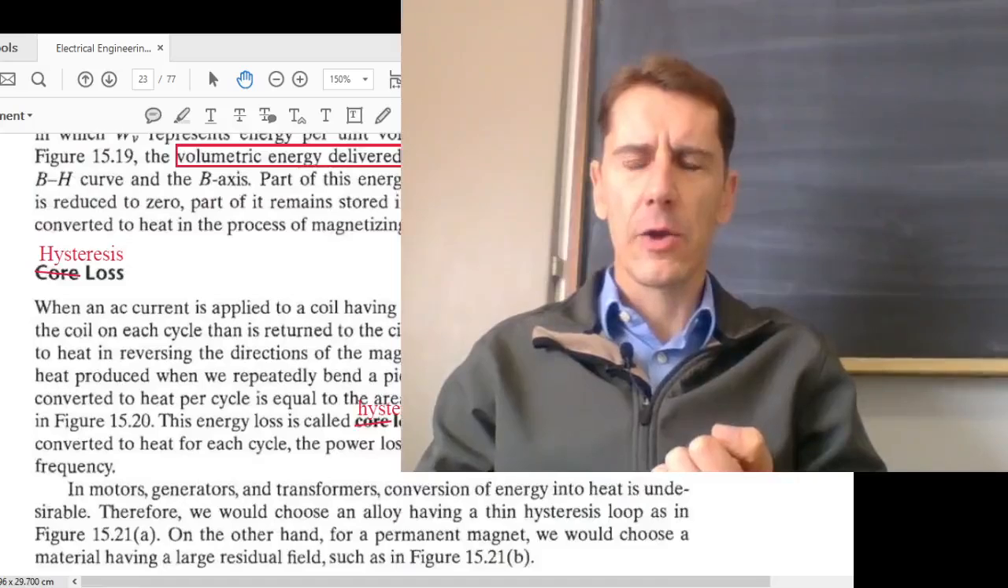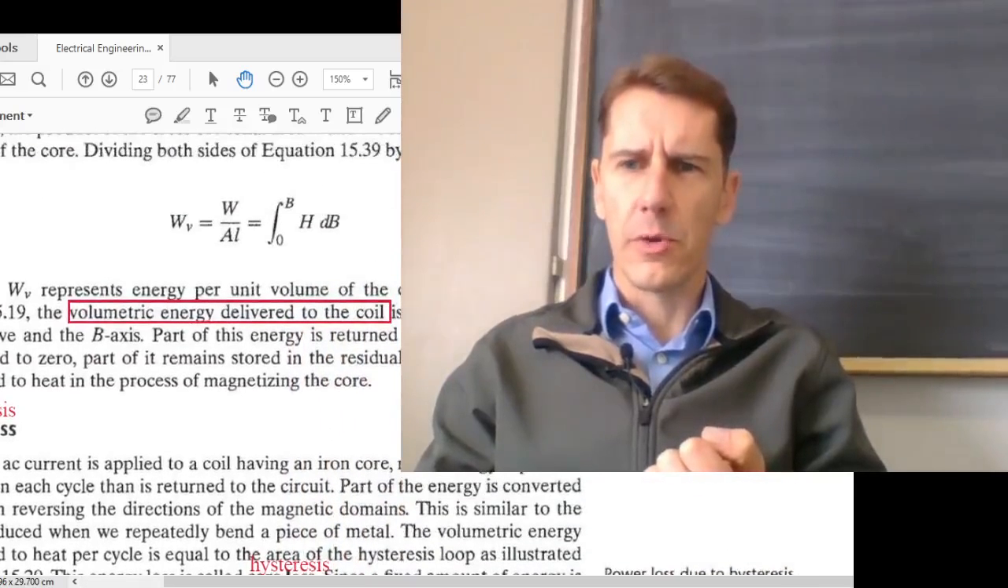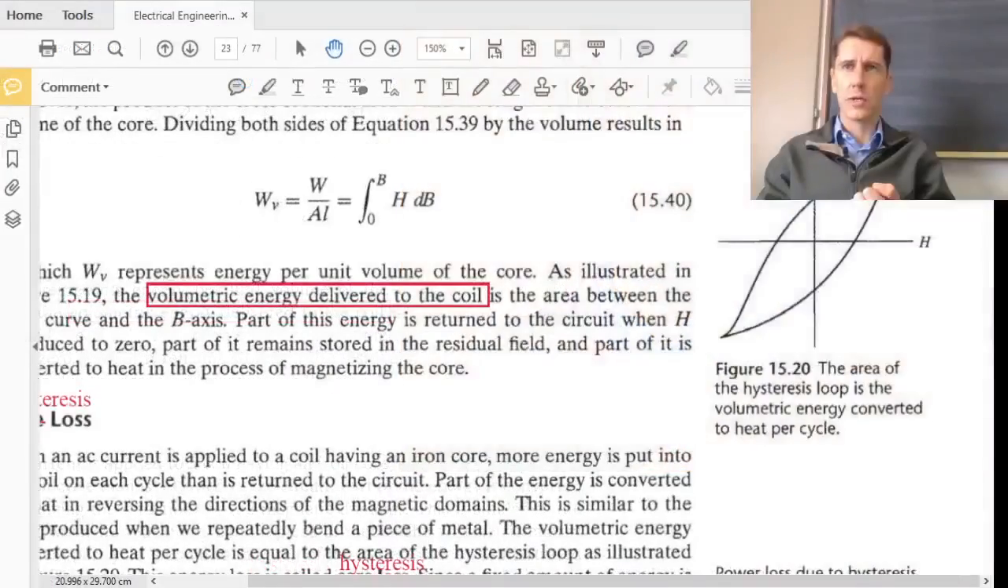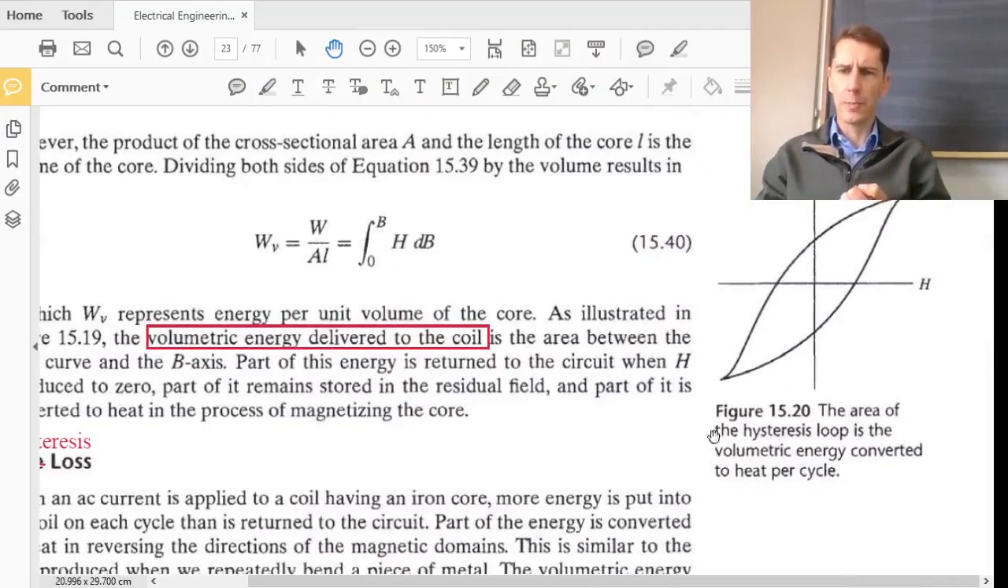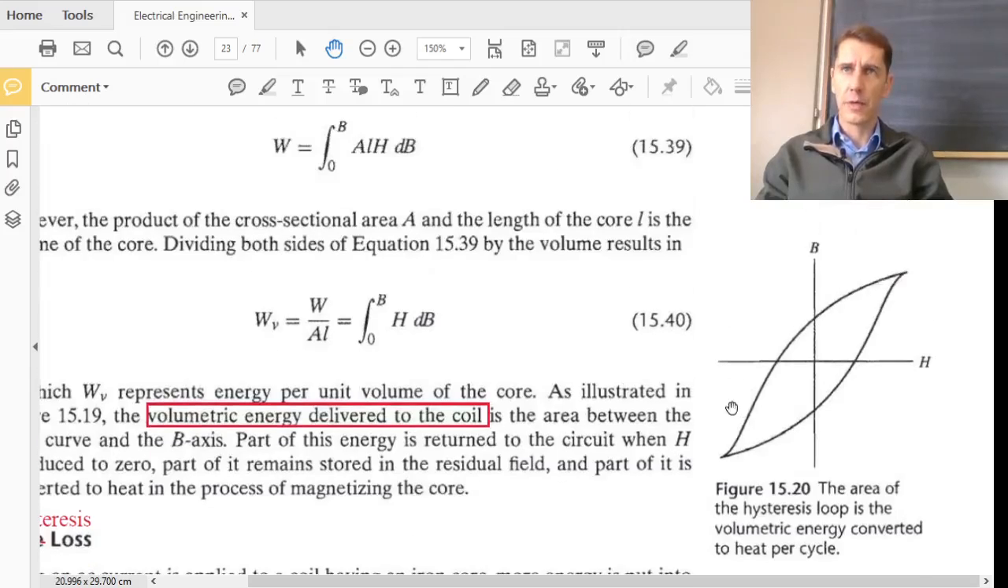Now, how do we calculate that loss? You'll see here figure 15.20: the area of the hysteresis loop is the volumetric energy converted to heat per cycle. So our hysteresis loop represents the hysteresis loss. That area represents the amount of heat each cycle, because remember, you're going to start there, go down, and then go back up. And that happens for each cycle of your AC current. So the area is the